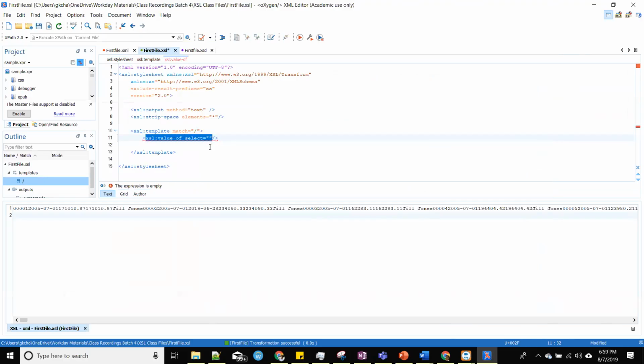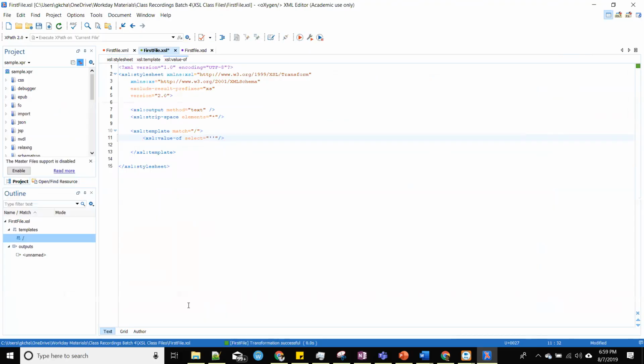This one in XSLT prints information. If you just put single quotes, blank there, and run it, your report output is typically blank. You're not outputting anything. But right now I want to output